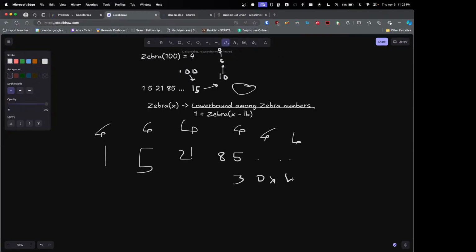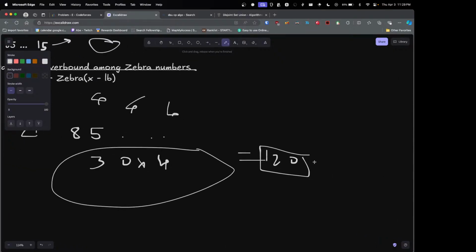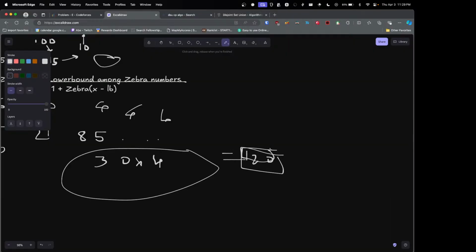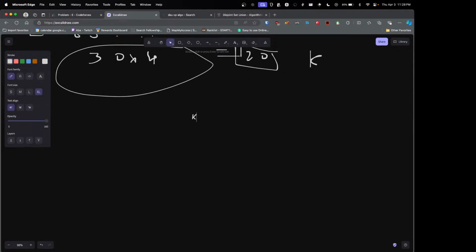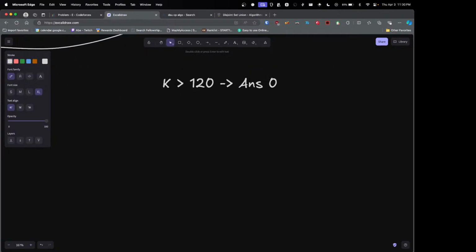So worst case 30 into 4, so it is 120. Like 120 is an upper bound. Not huge, but it's an upper bound. So 120 at most k can be. Whenever k is greater than 120, you just return 0. Your answer is 0. There can't be any number with k greater than 120. That is for sure. So now since k is bounded by 120,